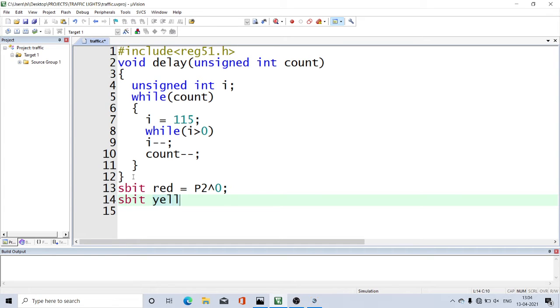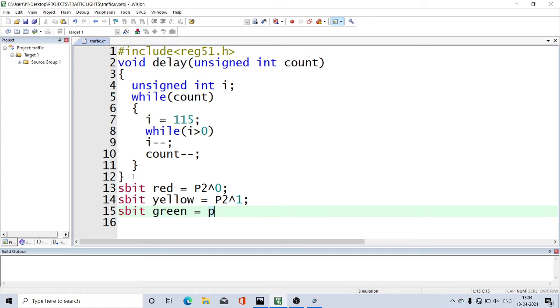yellow, this P should be capital letter. Now always I am saying it should be capital letter, and we are seeing without any errors. Let me show up some errors and how to debug those errors. So here I am taking small p instead of capital P, and let me see the kind of error it is going to generate. And P2^2.